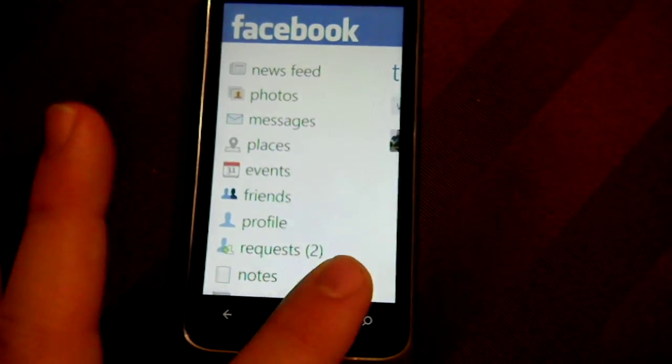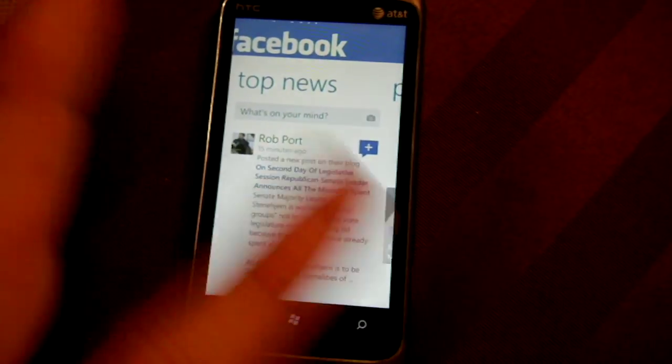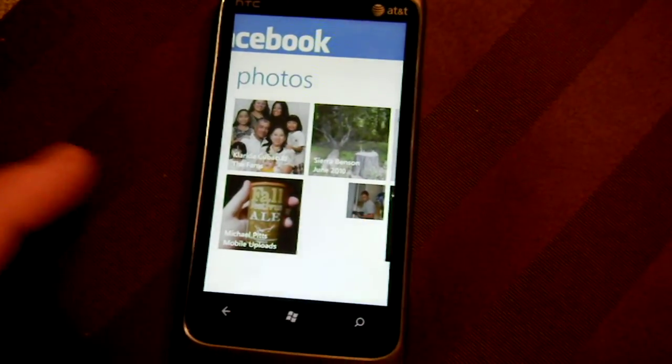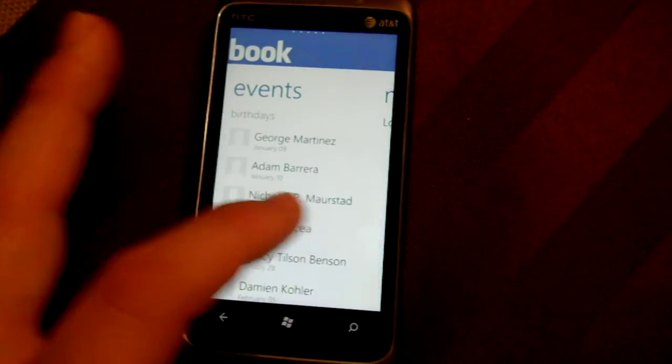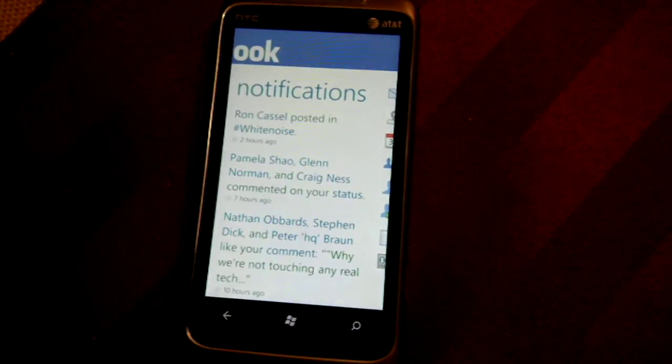Anyway, here you got your messages, places, newsfeed, photos. Top news, just one swipe over, and then you've got photos, random photos that it pulls from everyone. Events, which is birthdays, and your notifications. Now